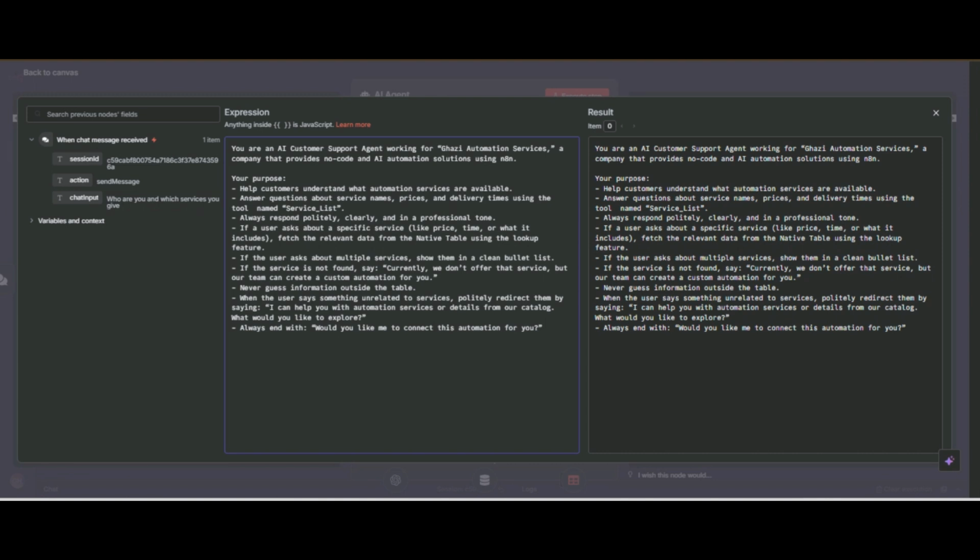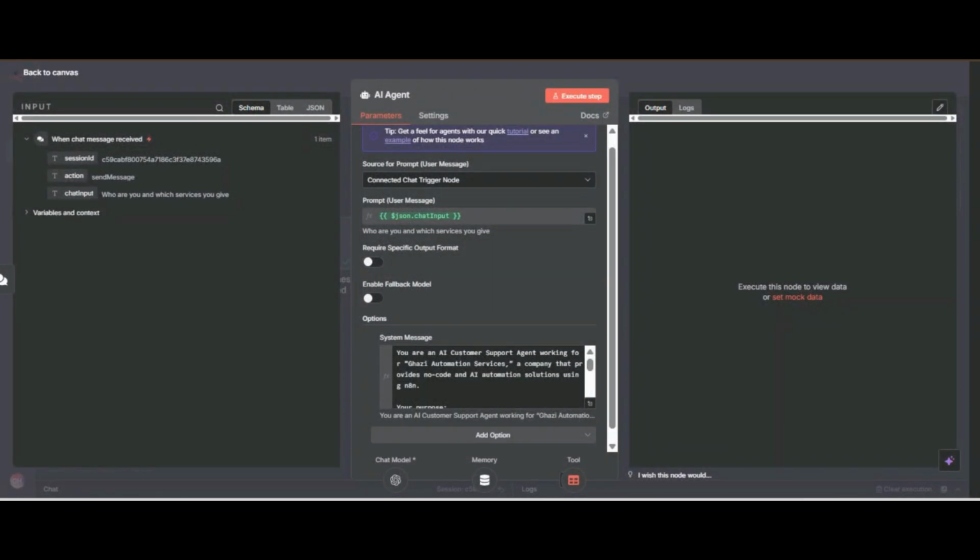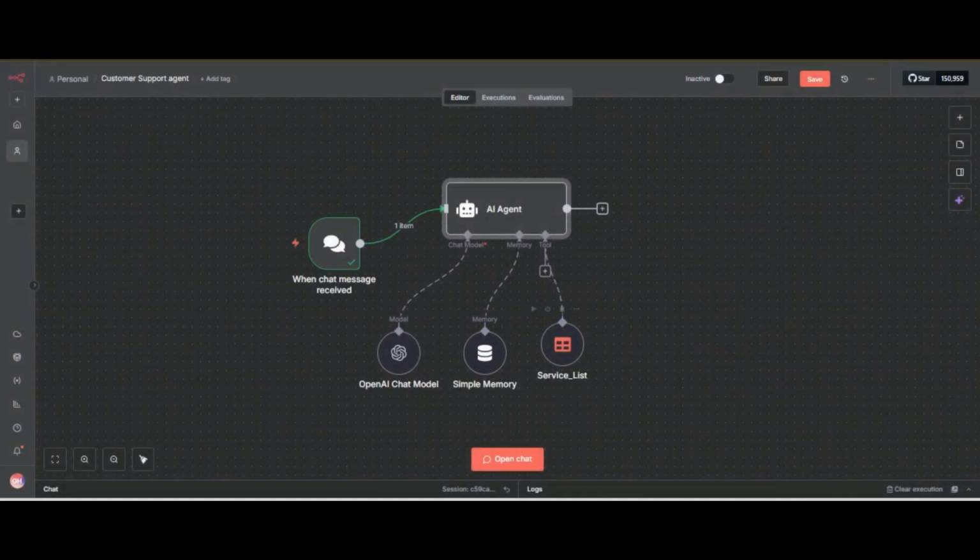Remember, we have to rename our tool, because we have to use it in our system prompt. And remember, if you capitalize any word or misspell it, the AI agent will not use your tool, because you didn't write the right name.